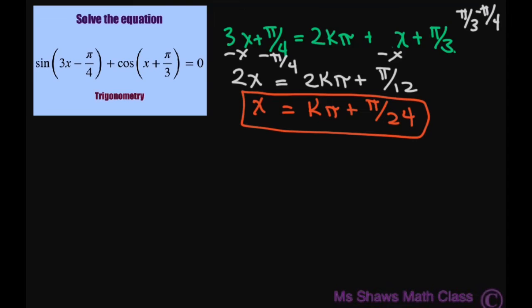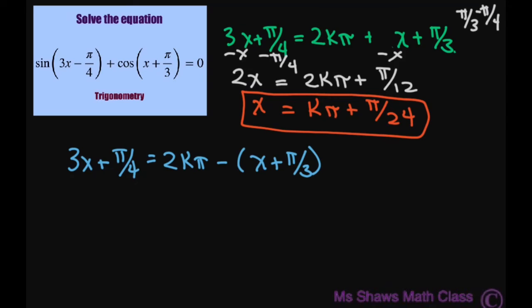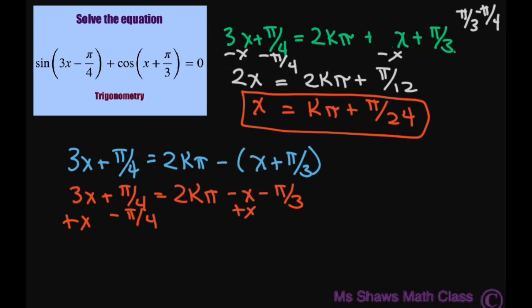Now we have to do the negative. So we're going to have 3x + π/4 = 2kπ − our argument (x + π/3). So simplifying this, we get 3x + π/4 = 2kπ − x − π/3. So when you add x to both sides and subtract π/4, you're going to get